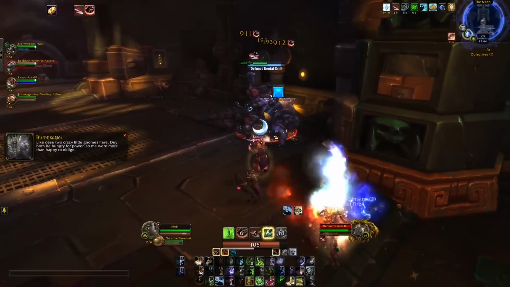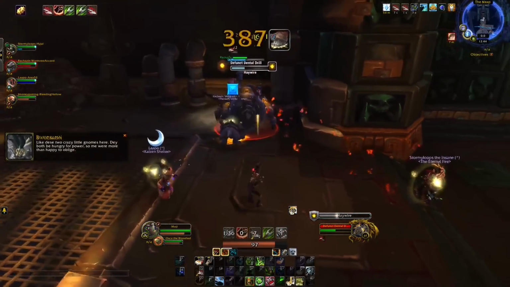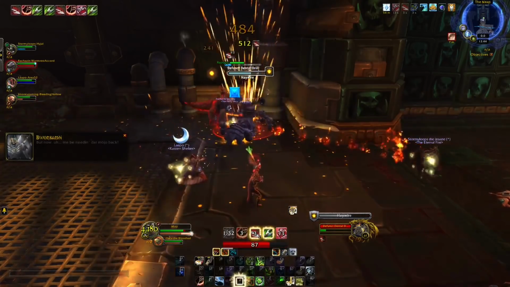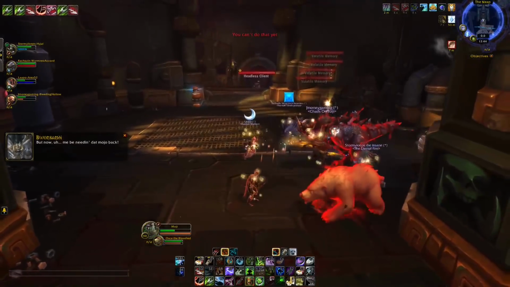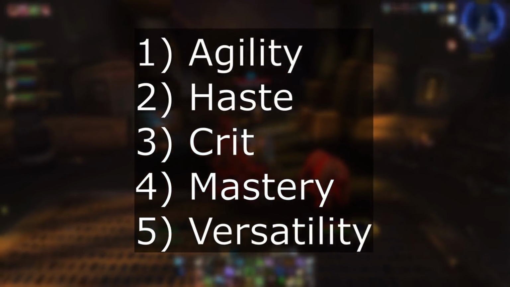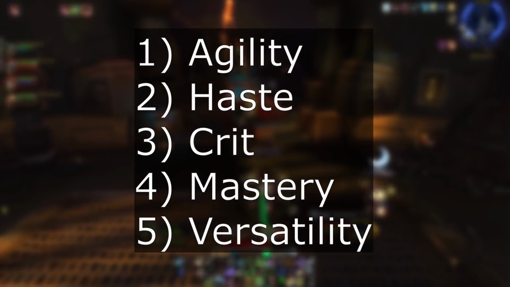Keep in mind that while Soulforge Embers sims the best, it is reliant on the tank keeping the enemies over your flames. If the mob moves, you're not doing any damage, which is why I would personally recommend taking Rylak Stalker's Piercing Fangs. Now, as far as stat priority, as far as gear, this is basically going to be the order that it goes in: agility, haste, crit, mastery, and then versatility,